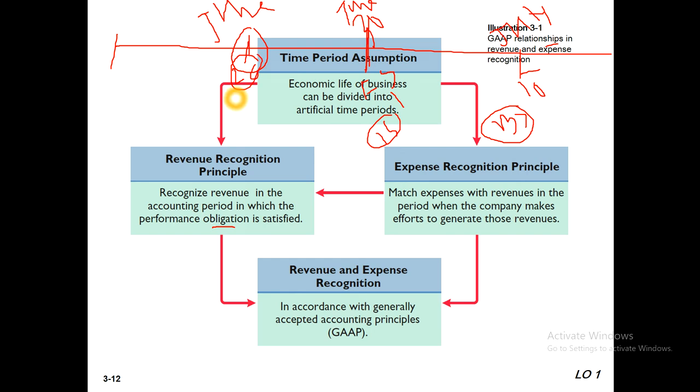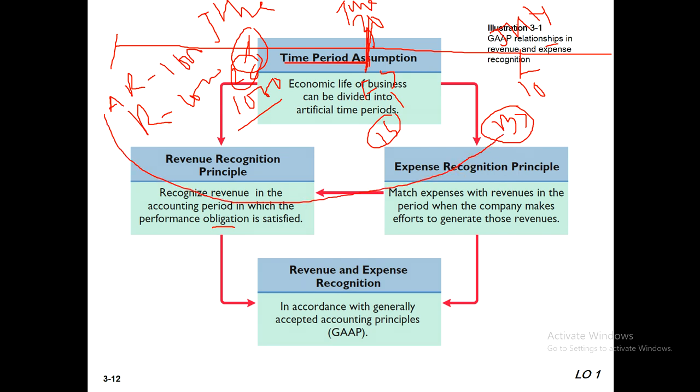That means we provided our service or our sales. Suppose this amount is $1,000. We have not yet received any cash, but we provided our service. So our journal entry will be: accounts receivable debit $1,000, and revenue credit $1,000. The accounts receivable we show in our balance sheet on the asset side, and the revenue we show in our income statement on the revenue side.